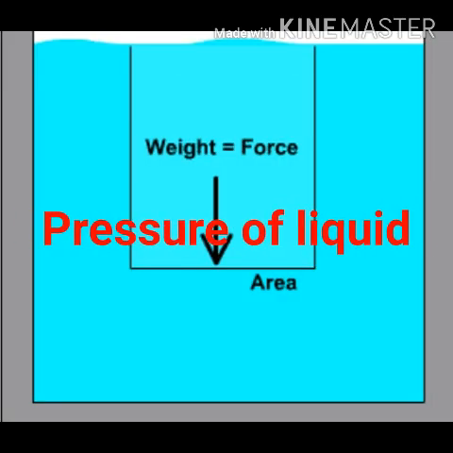Pressure of liquid. Try this. Take a plastic bottle. Take a 10 cm long piece of a glass tube on which a rubber balloon can be fitted. Warm up one end of the glass tube and gently push it into the bottle at about 5 cm from the bottom. To avoid leakage, apply molten wax on the side of the glass tube. Now fill water slowly in the bottle and see how the balloon inflates.